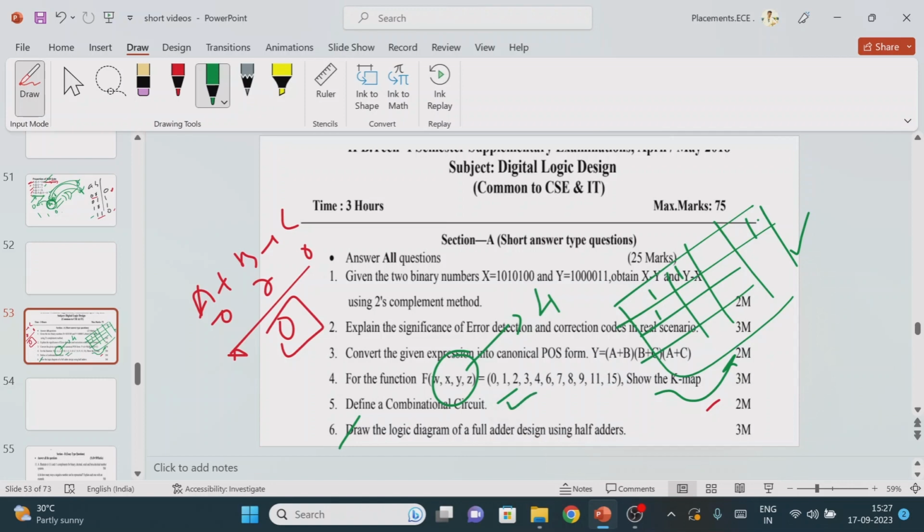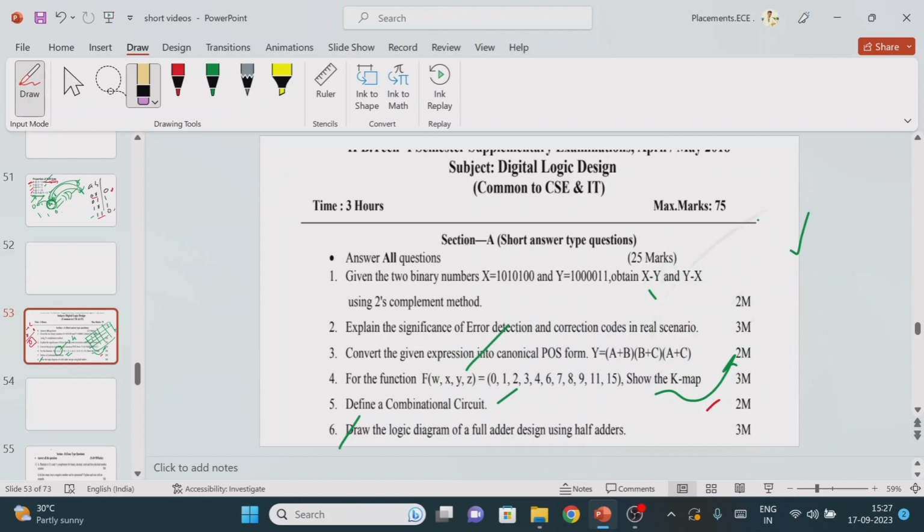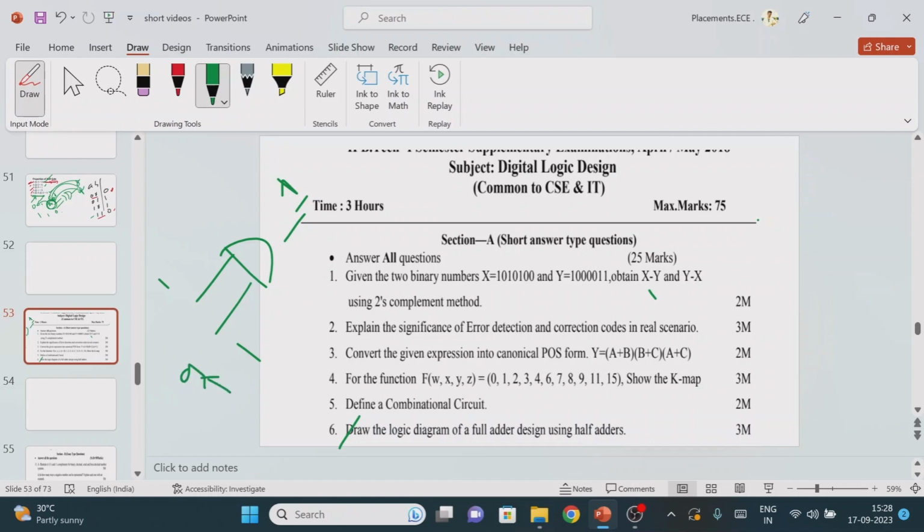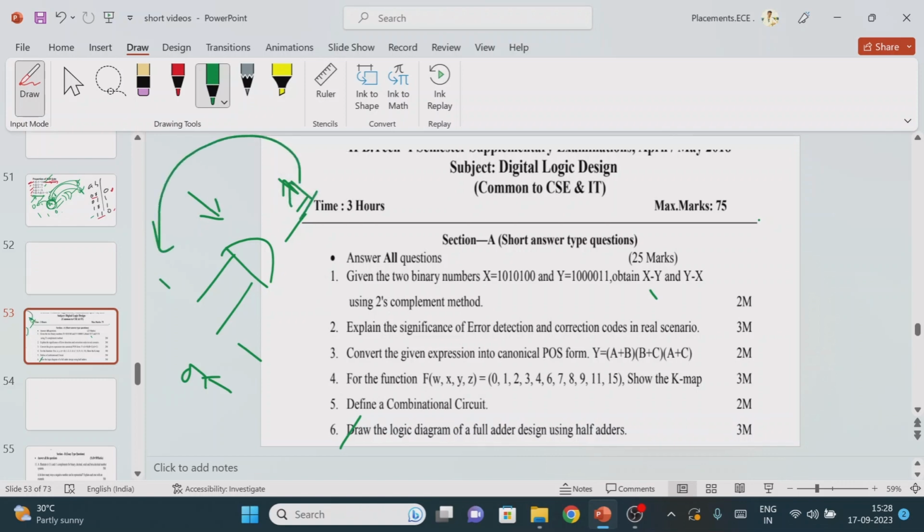Now define what is a combinational logic circuit. Note down that a combinational logic circuit means the output completely depends upon the input operation. If the output depends only on the input, then it is called a combinational logic circuit. For example, consider the AND gate operation. First time I am giving the input 1 1, and it produces the output 1. So as per the combinational logic circuit, the AND gate produces output 1. It means that the output completely depends on the input, so it is called a combinational logic circuit.